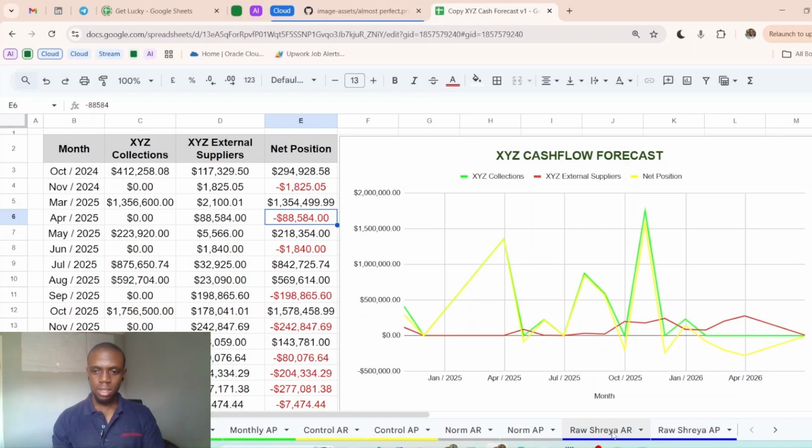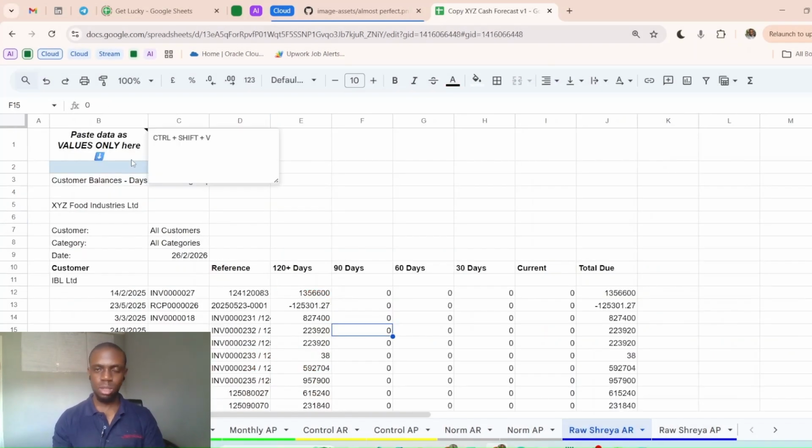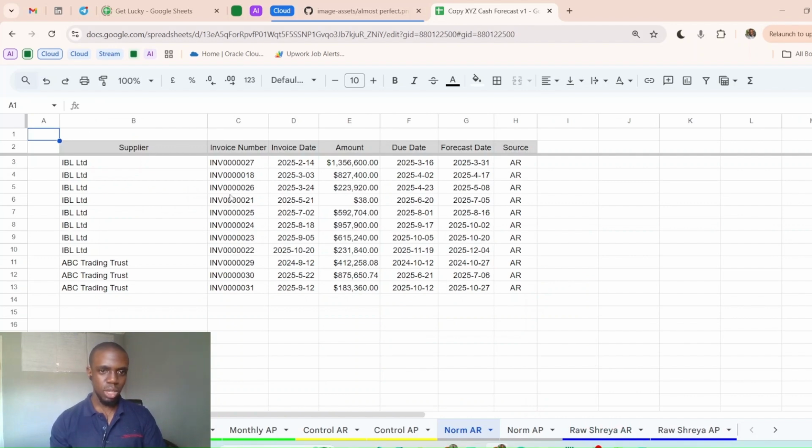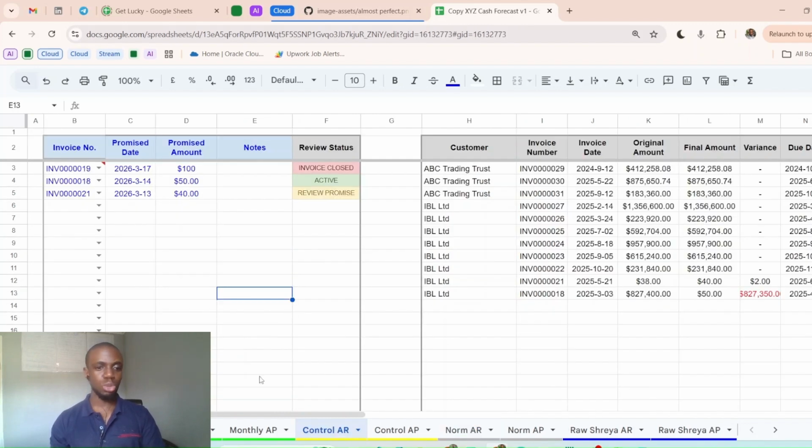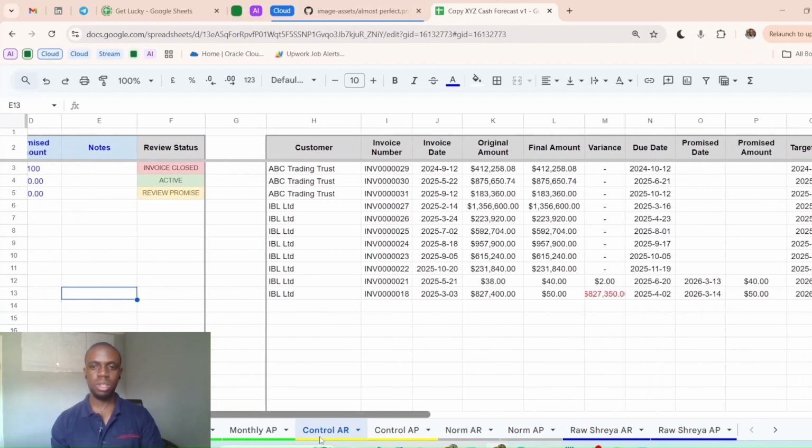So the raw layer is here, where the client would simply paste the raw data as it is, so that our system appreciates the current state of the data. We then normalize that data so that it's structured and usable. This is using formulas in the background. From there, we move on to the control layer, where the user actually interacts with this data in a clean